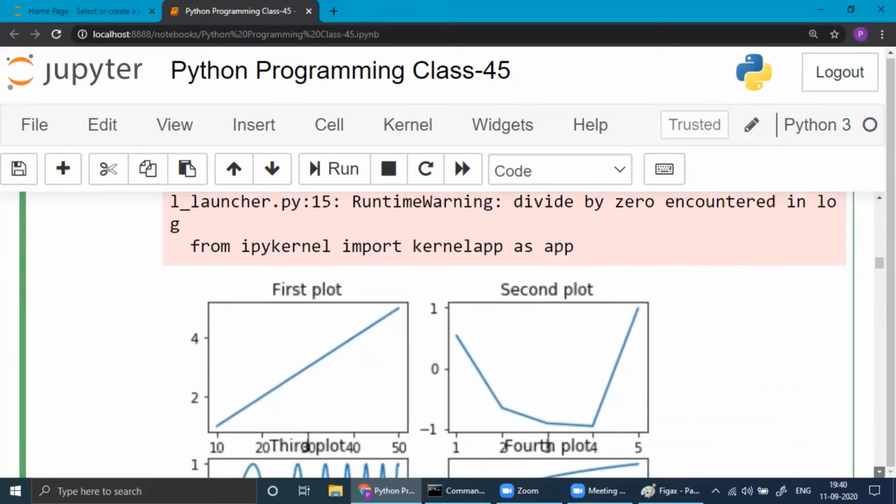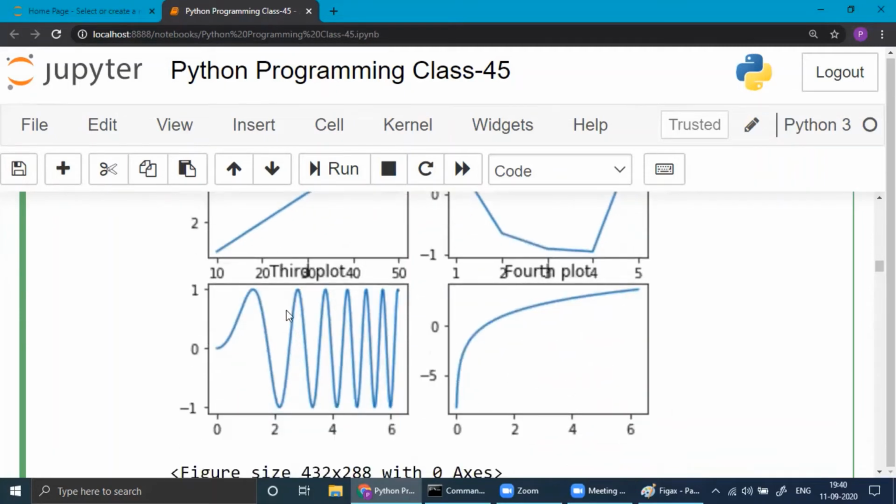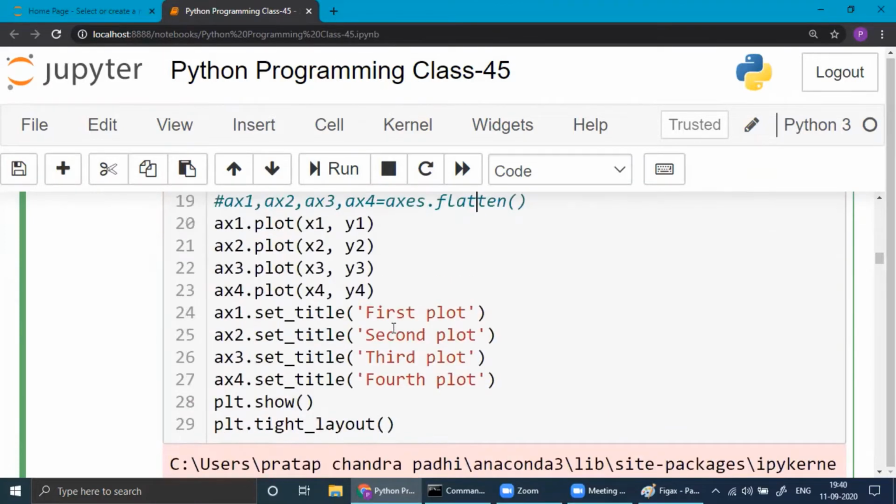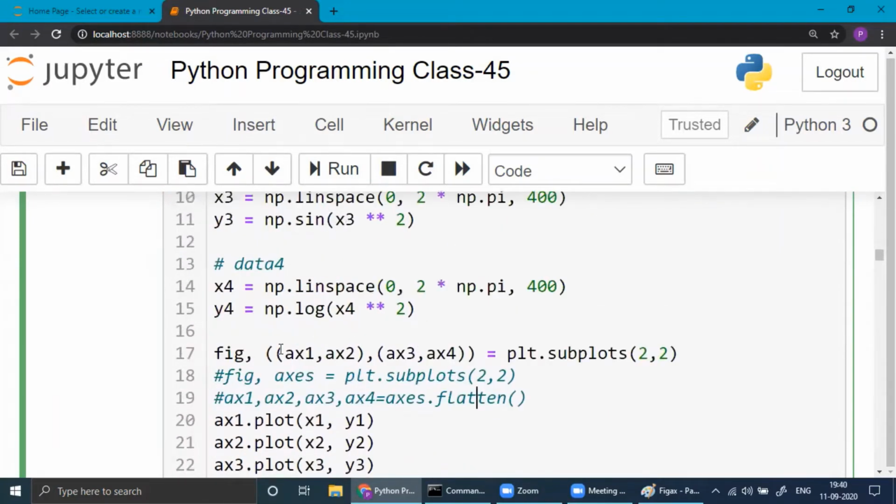You get 4 here. There is overlapping in the titles, otherwise it's fine. So if you want these 4, you have to write this way. If you try writing it another way, there will be a problem. You need to remember, you can't write this. If you want to write this way and get everything, it's not possible. There is an alternative though.